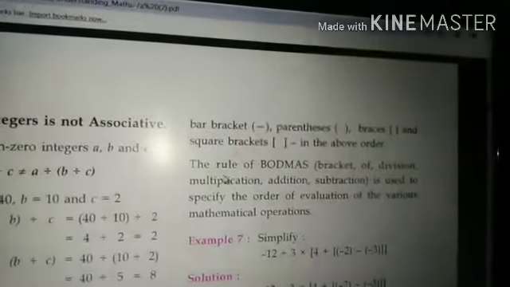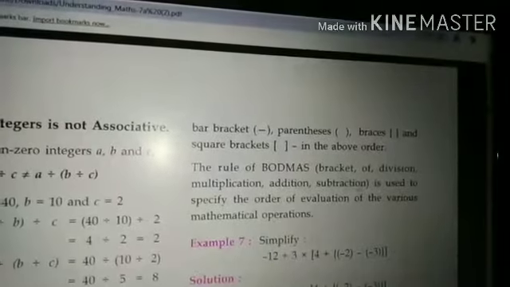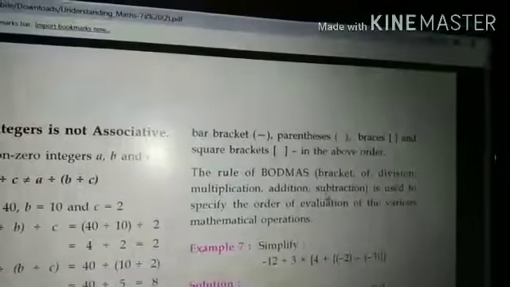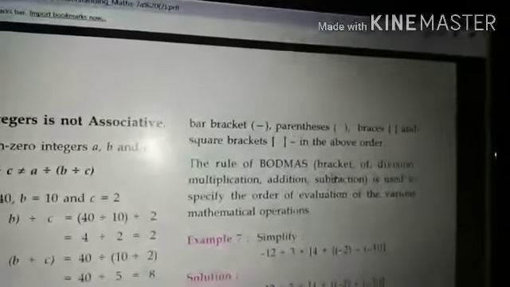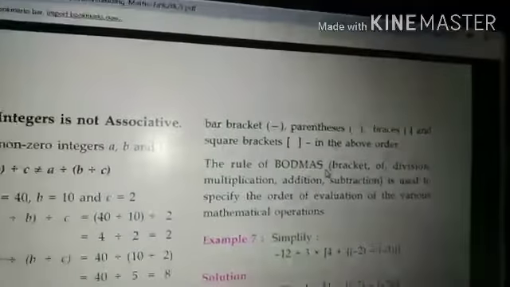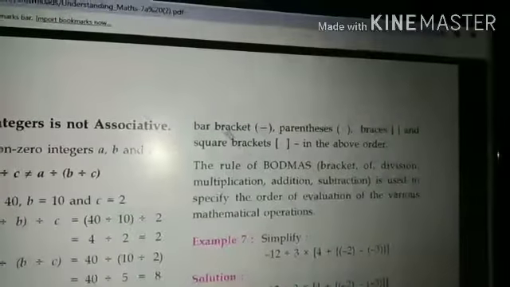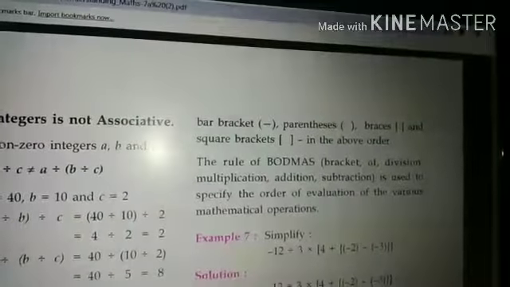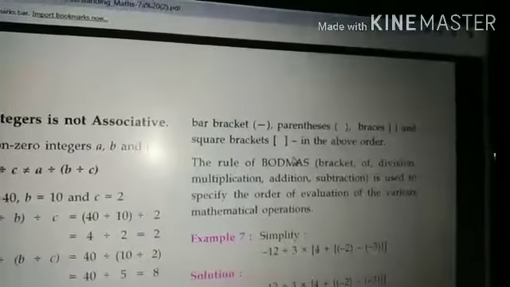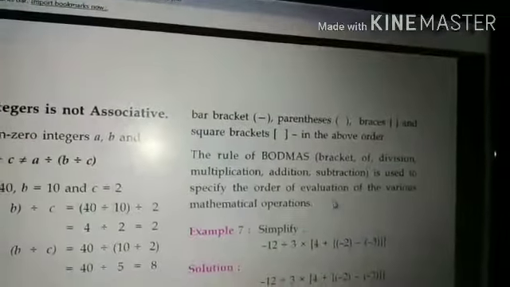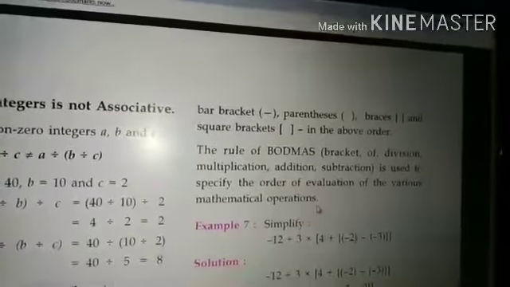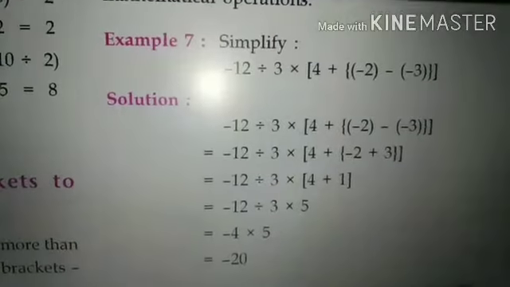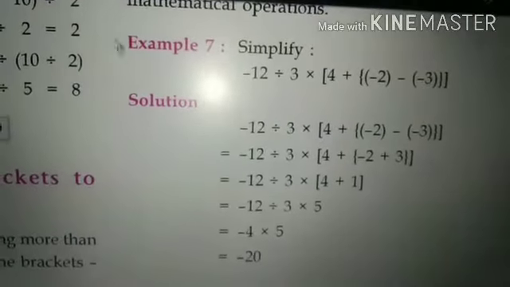So students, in the BODMAS rule, first you solve brackets, then of, then division, then multiplication, addition, and at the last subtraction. And if in this BODMAS rule you have more than one bracket, first you solve the bar bracket if there is one, then small bracket, then curly bracket, and at the last square bracket. Okay students, hope you understand the BODMAS rule of brackets. Now we will use the BODMAS rule in example number 7.